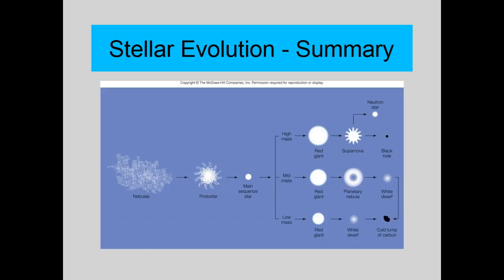Your picture in the book, I think, is pretty neat. It's a lot neater than that. Except, look at this. They have the black hole on the small side and the neutron star on the large side, and they got those backwards. I wish they'd have done it the other way. Both of those have supernovas.